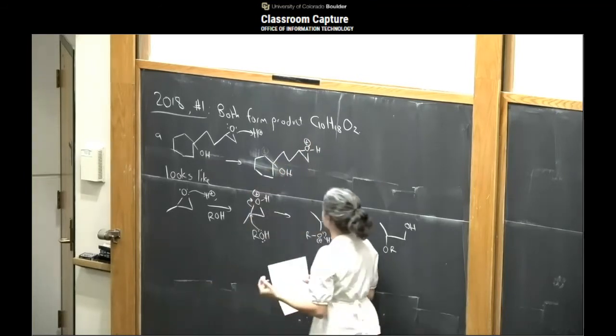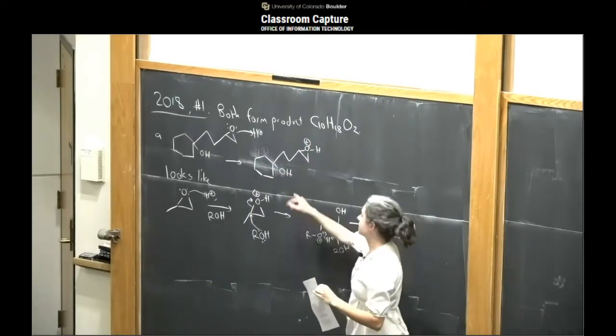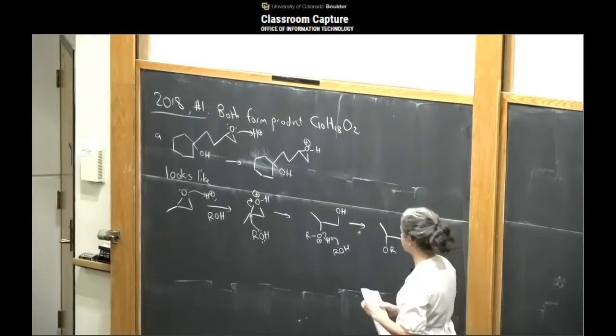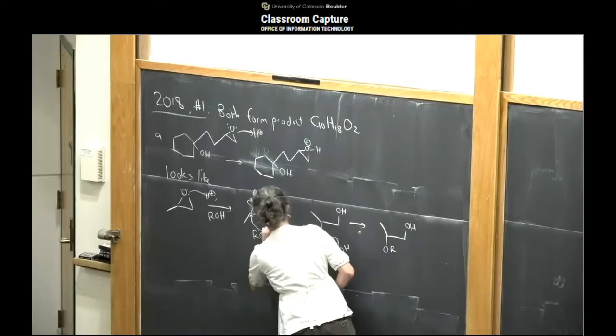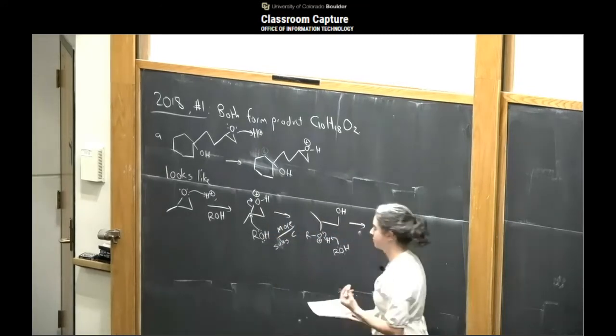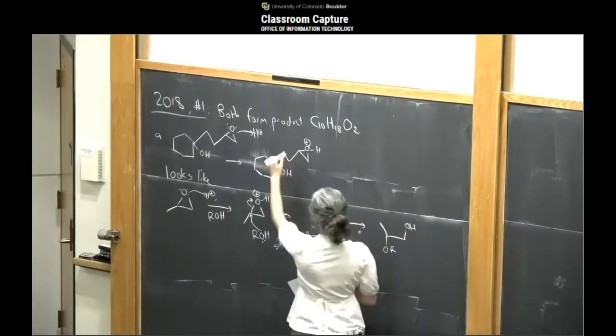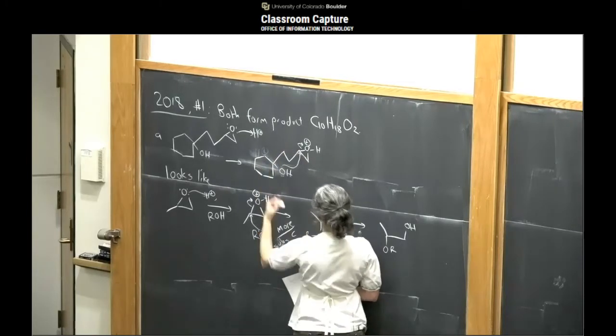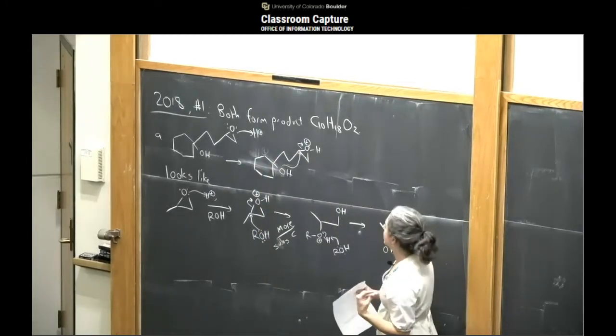And that gets me to here. And now my ROH can go in, and just like down here, I'm going for the more substituted carbon. So let me just emphasize that on the board here. So more substituted carbon gets attacked, same thing up here. My oxygen goes in, attacks the more substituted carbon of the epoxide, pops that ring open, and here's where I